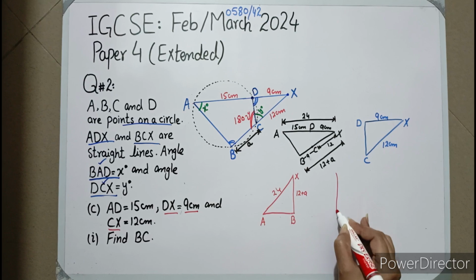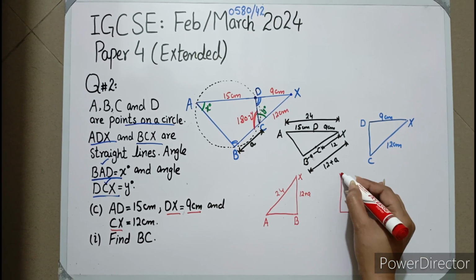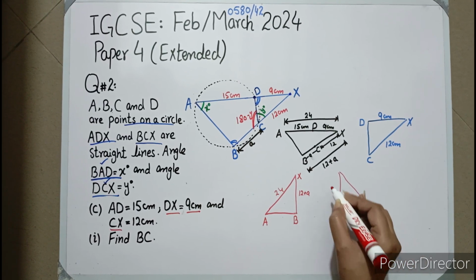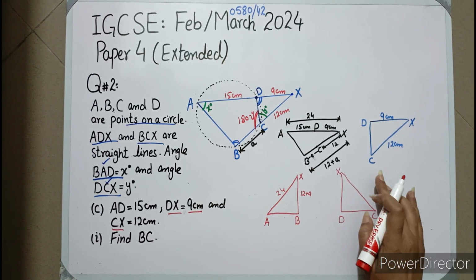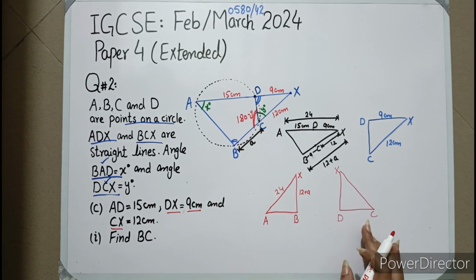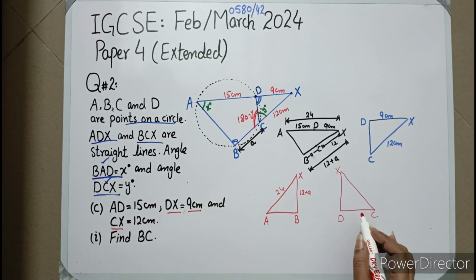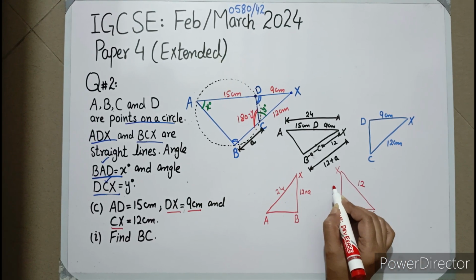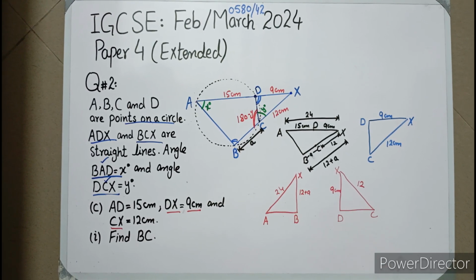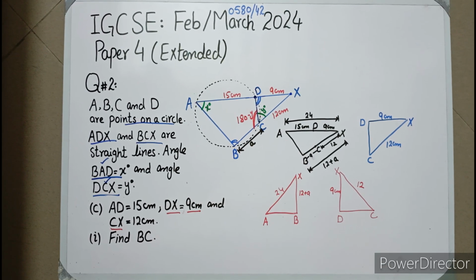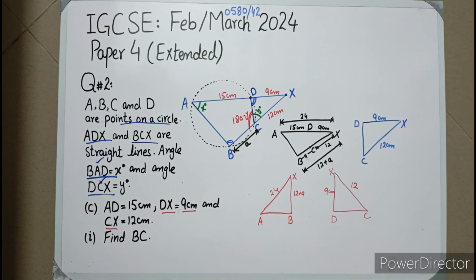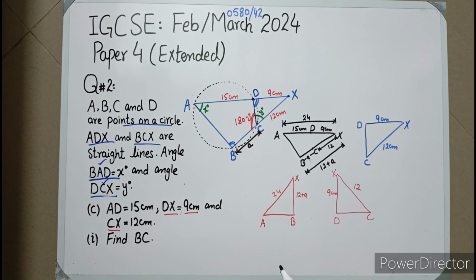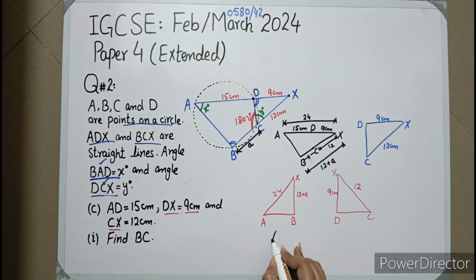The next figure, which is the blue one, will be translated in the form D, C, X. Sorry, C to X is 12 and D to X is 9 cm. We are going to compare these two figures, as we have proved in a previous part that both of them are similar. So you are going to find out the ratio, that is basically the ratio of